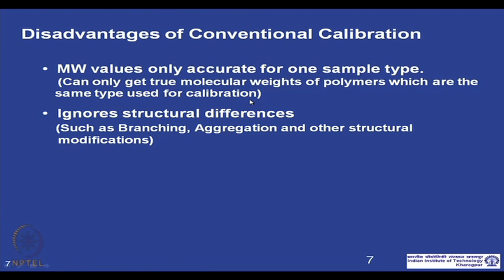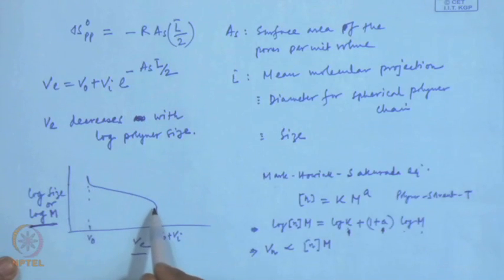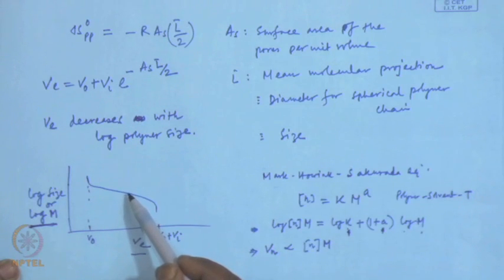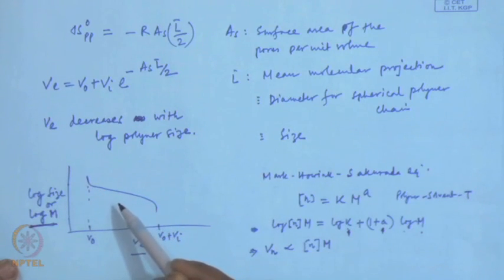This calibration can be used only to get true molecular weights of polymers which are of the same type used in the calibration. So, for example, if the calibration is done for polystyrene, then using this calibration curve we can determine the molecular weight of polystyrene samples only, because the K and A values remain the same for polystyrene only. But if we change to, say, polycarbonate, then the K and A values will change. So, we cannot use this calibration curve, but